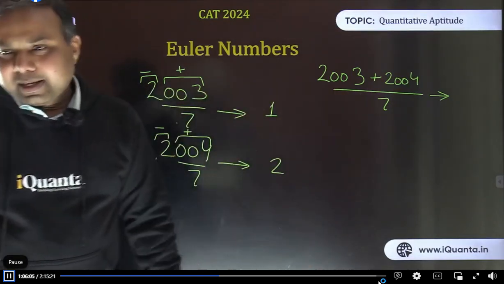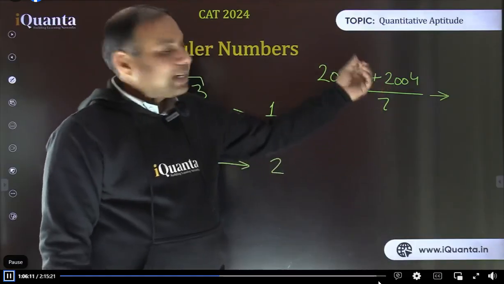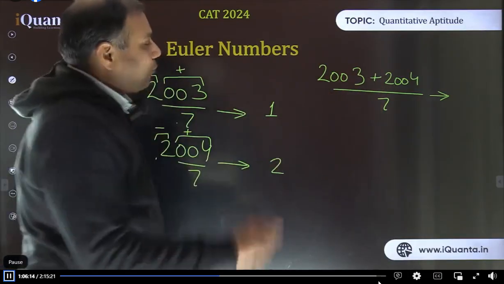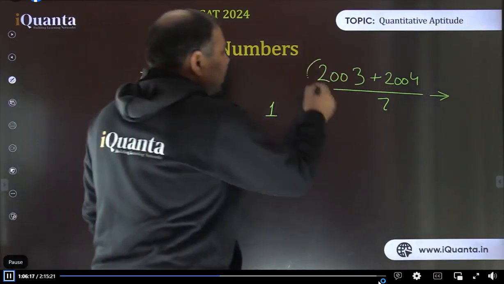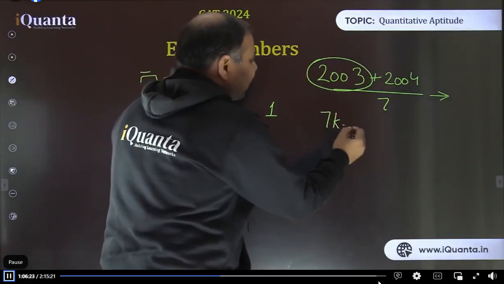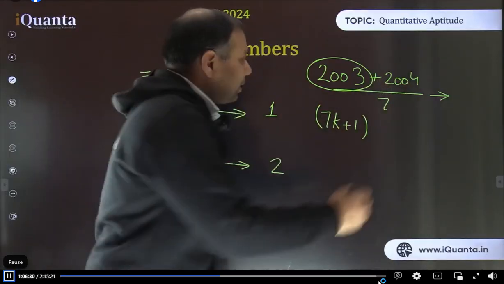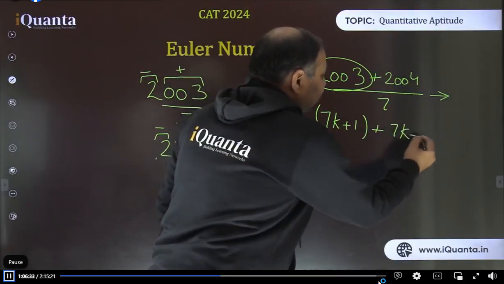Okay, what is the remainder here? It's 3. Yes, 1 plus 2. Perfectly fine. See, we could have added the numbers to get 4007 and then divided by 7. That is one of the ways. But if you see a bit intelligently, this number was giving remainder 1, right? So this number was 7k plus 1. This number can be written as 7k plus 1, and this number is 7k plus 2.